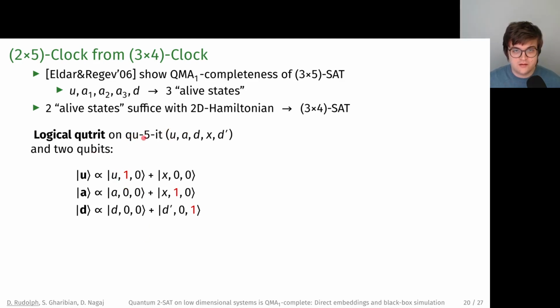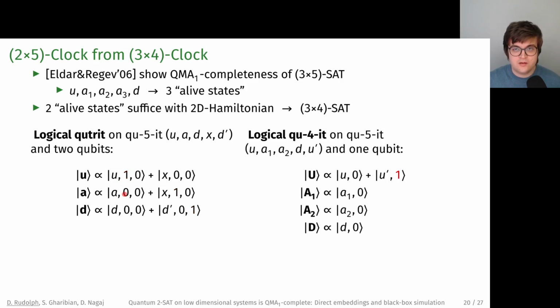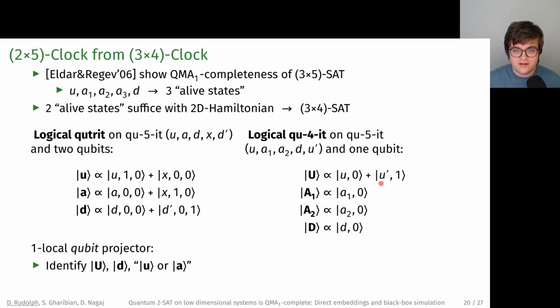So on the logical Q5-it, we can really only use 2 indicator qubits, so we have to combine the indicator qubits for U and A. And for the logical 4-it, we really only have 1 indicator qubit left. And so with these indicator qubits shaved off to reduce the dimension to 5, there's not that much we can